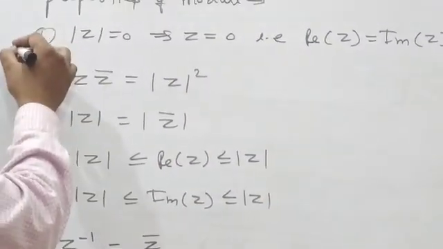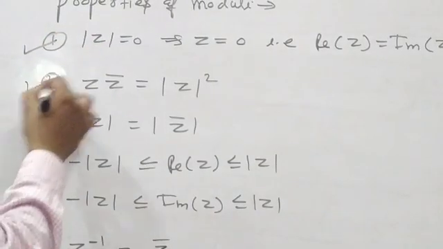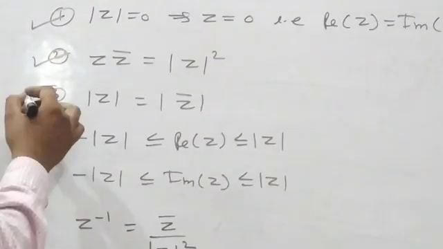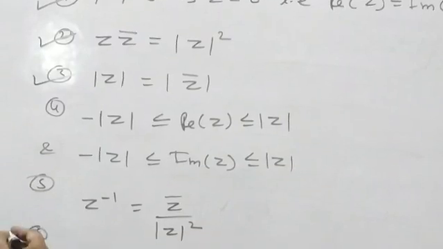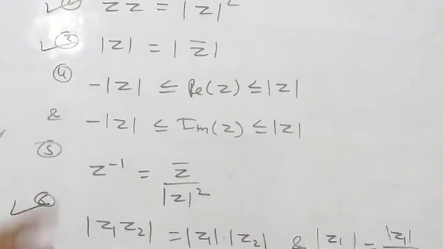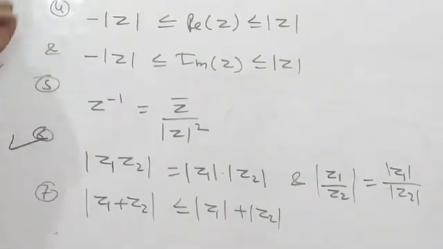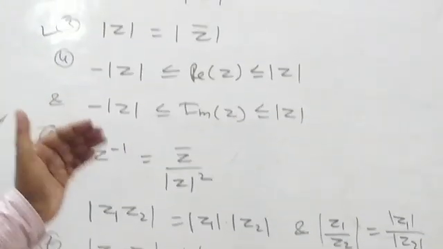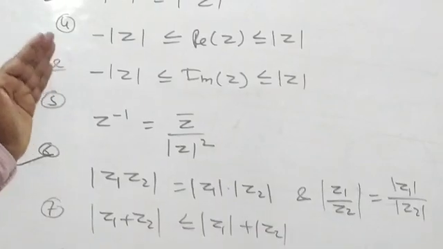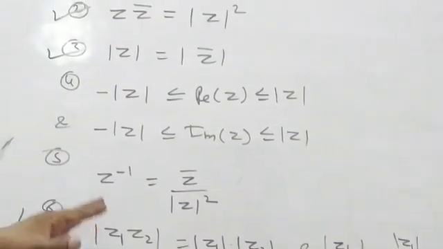And this property number 1 is most important, 2 is also very important, this one is also most important, and this property is also most important, but you should know all the properties. Clear? Don't think only 1, 2, 3 and 6 are very important. That's why you will learn, you will maintain this many properties.